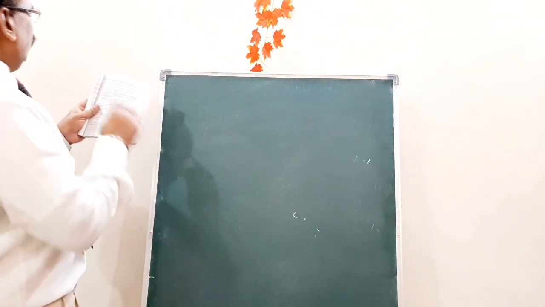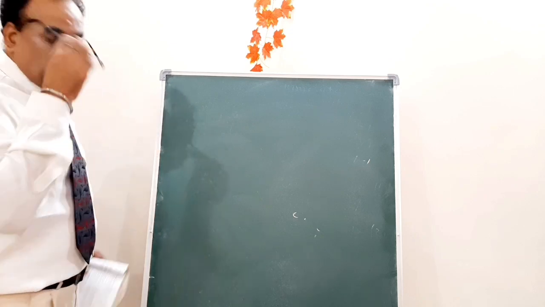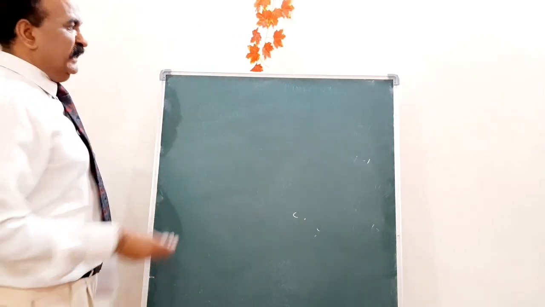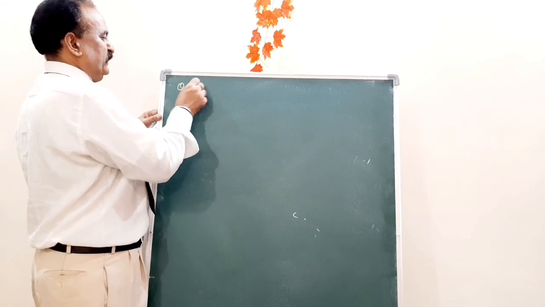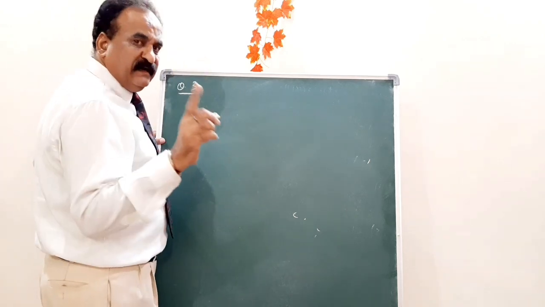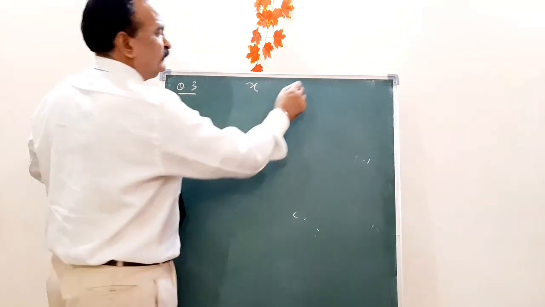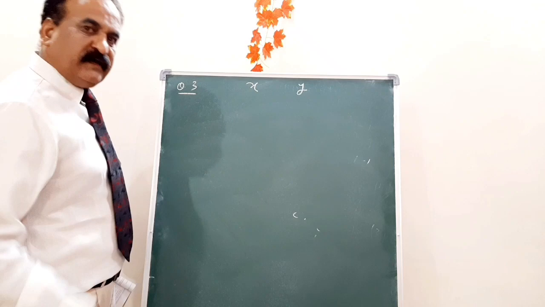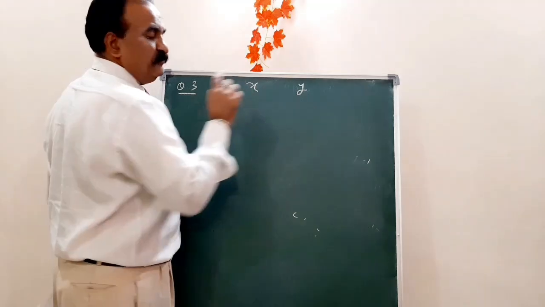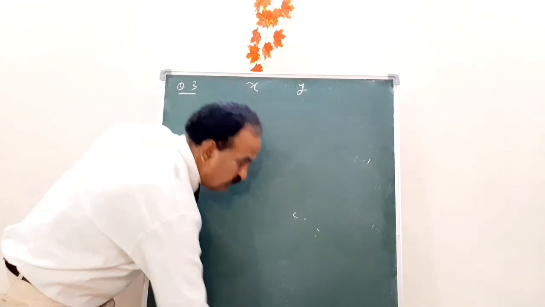Next question is, 5 years ago, Nuri was 3 times as old as Sonu. Okay, let the present age of Nuri be x years and the present age of Sonu be y years. 5 साल पहले, 5 years ago, let us see.